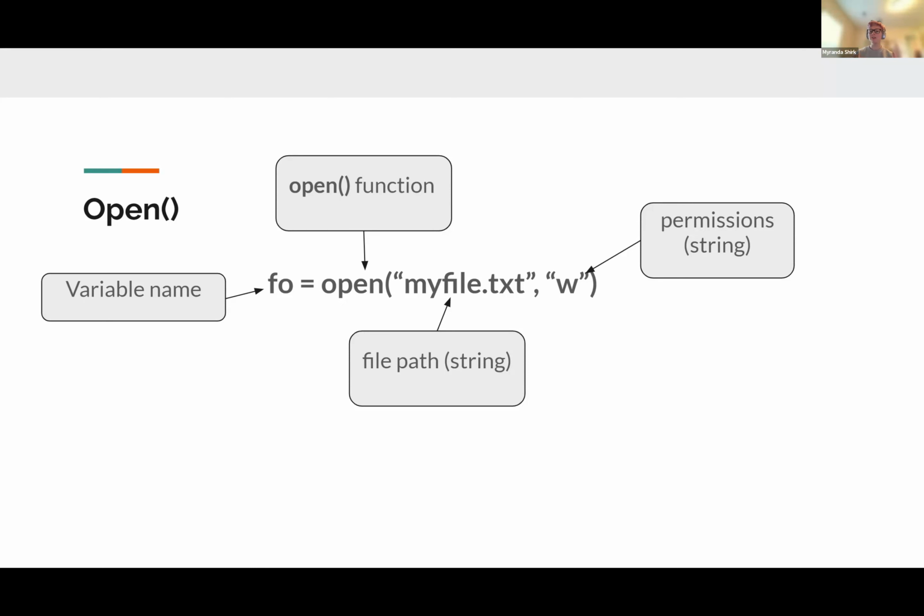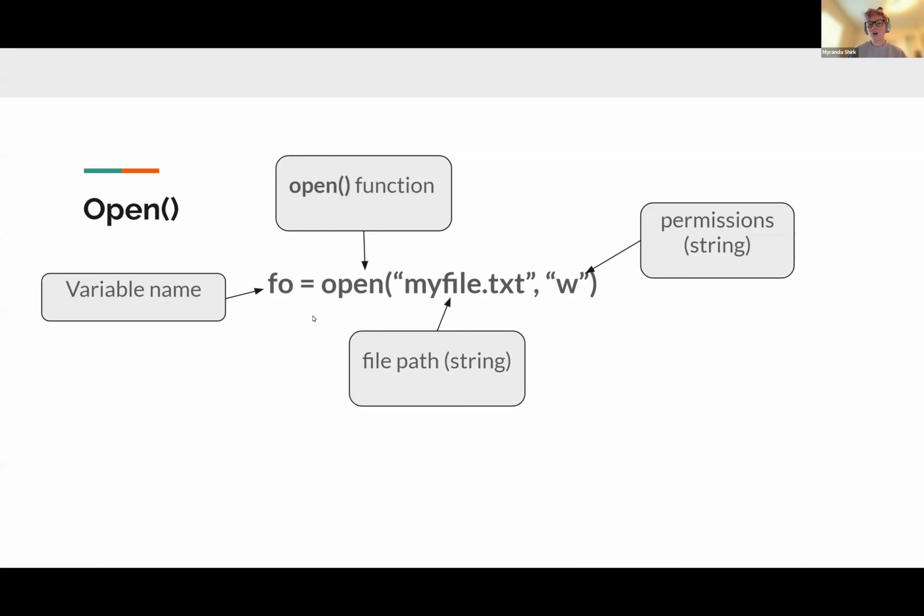So what we do if we want to manipulate a text file using Python is we set it to a variable name, and this is known in the Python world as a file object. That's because you're basically importing that file into your Python and creating its own object. So it's going to be a variable. If that confuses you, just know that you assign a variable to be the path to your file. So we're going to have this variable name. Usually it's FO, that stands for file object. It doesn't have to be it. Obviously, you can name it pretty much whatever you want within the bounds of variable names in Python.